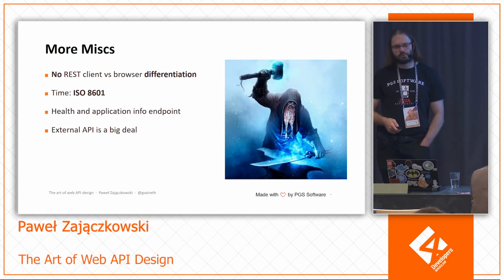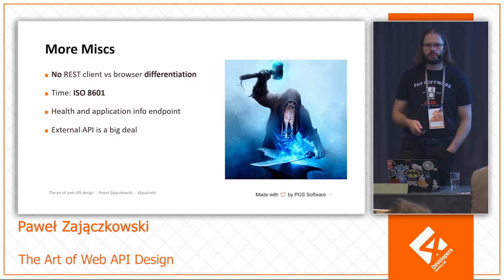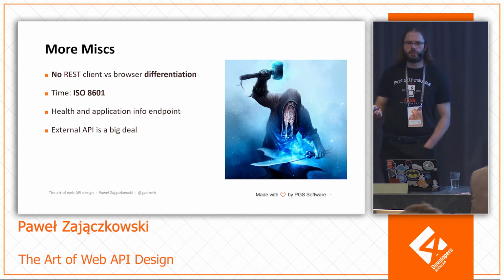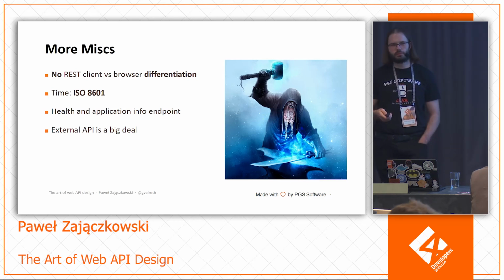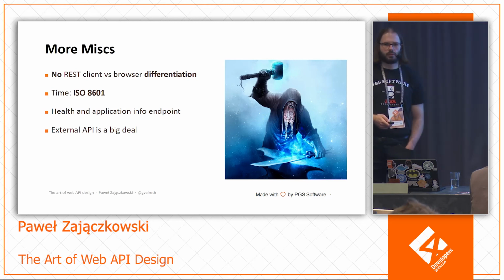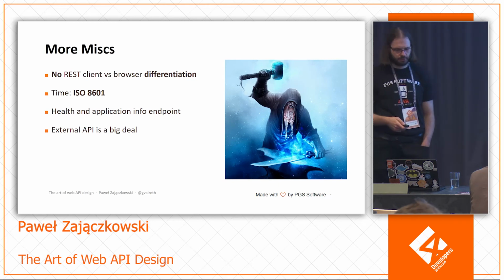Application info endpoint. The idea is that besides stuff for our automation or Kubernetes or something, besides having stuff for automation to know whether the service is healthy or not, we can add some additional information in internal APIs. For example, a git commit from which the service was built, or value of important properties that are currently used. That might be helpful in some debugging or investigation.